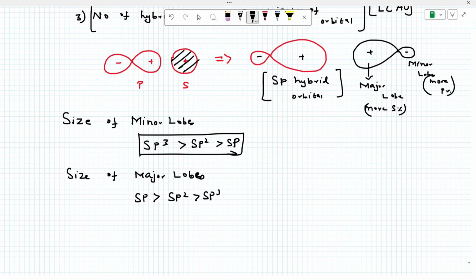இது sp தானே, மேஜர் தான் அதிகமா இருக்கு, s character இதுதான் அதிகமா இருக்கு. அப்ப sp இருந்தா மேஜர் லோப் அதிகம், s அதிகம். மைனர் லோப்க்கு எது அதிகம், sp3 அதிகம். This is important, please note. கவனிங்க. அப்ப ஞாபகம் வச்சுக்கோ, இது sp3,